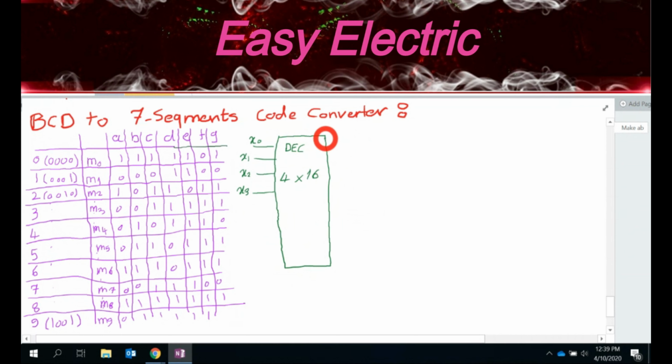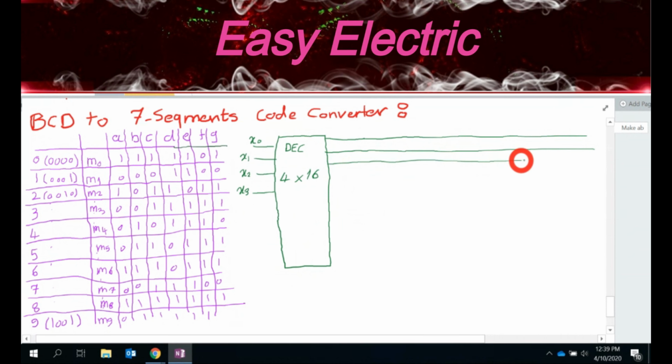As you already know, you should have minterm 0, which I actually extend from the inputs because I need them. So this is minterm 1, this is minterm 2, this is minterm 3,